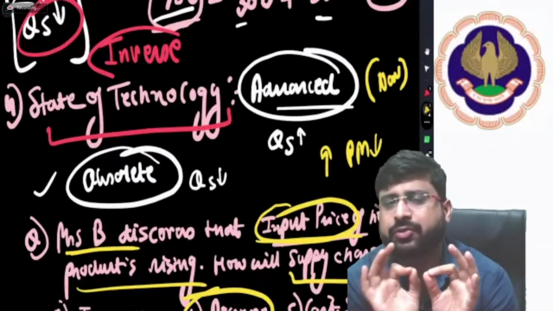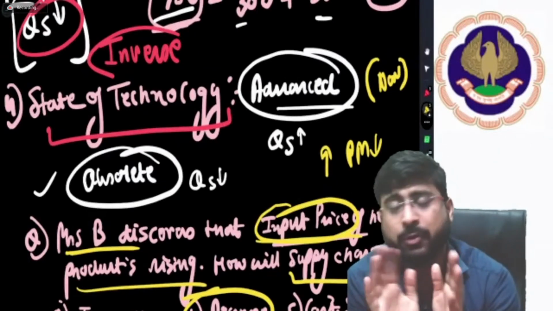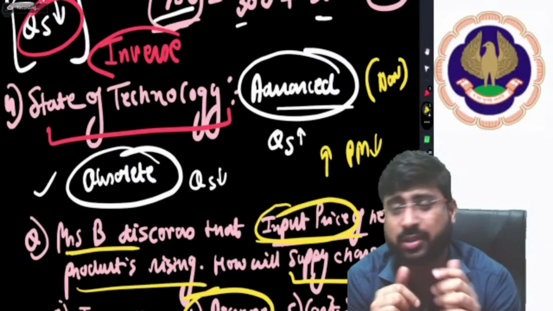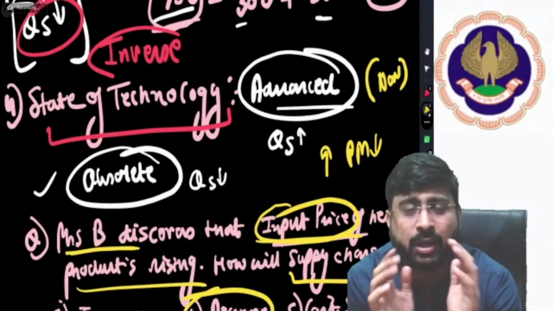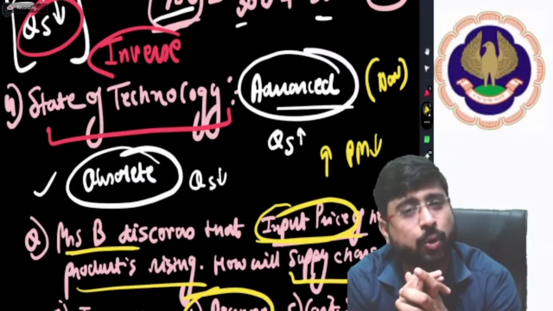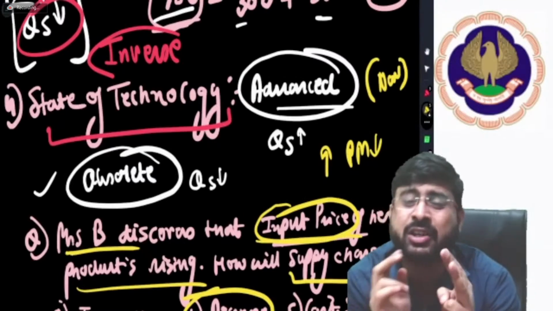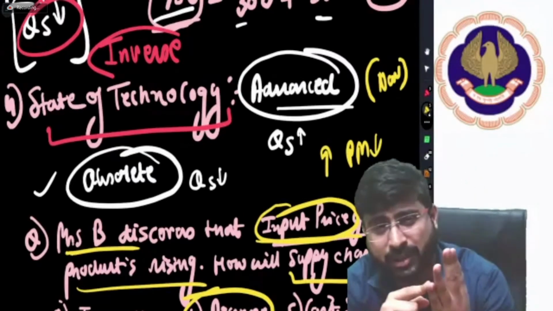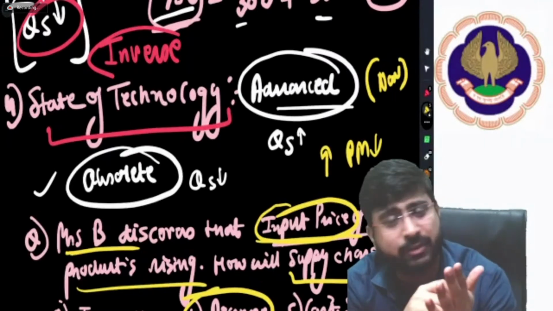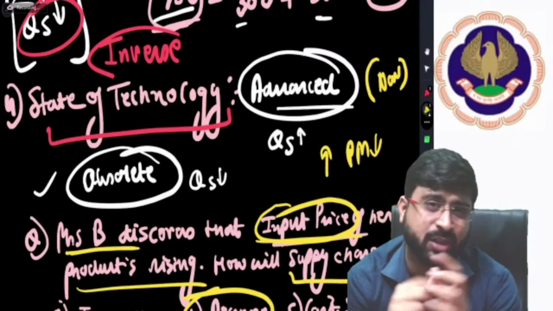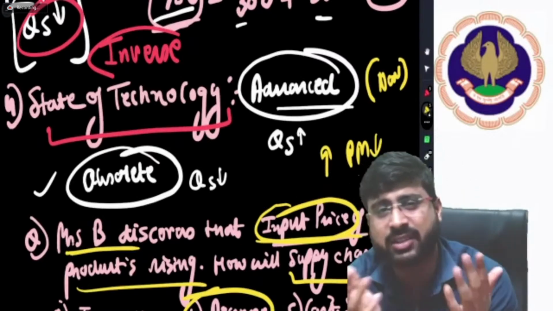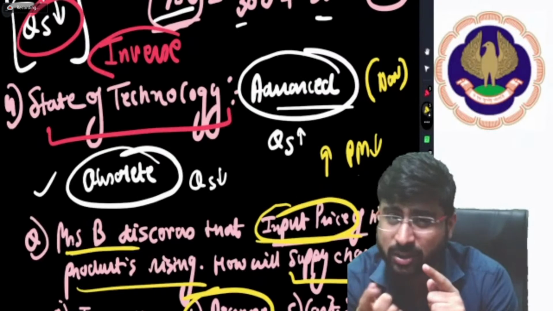So, my dear friends, there are 7 factors affecting supply. But before that, let's define what is supply. Quantity supplied is the quantity the producer is willing to bring to the market for sale at a particular price at a particular point of time. Now, there are 7 factors affecting it. Number 1 is own price of the commodity. Number 2 is price of related commodities. Number 3 is cost of input. Number 4 is technology. Number 5 is government policy. Number 6 is number of firms. And number 7 is expectations regarding future prices. If own price rises, quantity supplied will rise, other factors remaining constant. If price of input rises, quantity supplied